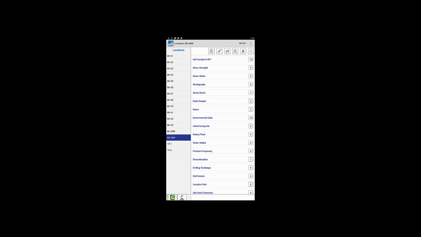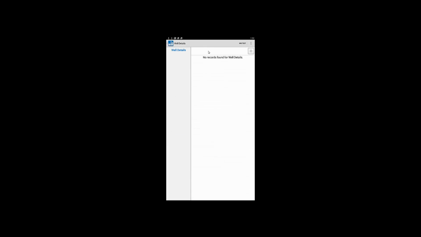So today we're going to demonstrate how to create a nested well within pLog when using the HoleBASE SI software. So from our holes dashboard, I'm going to choose this BH46W and go to my well details module. If you don't have the well details module enabled, then you should revise your pLog configuration to activate that. So I'll click on that, and what we're going to do is add two different wells